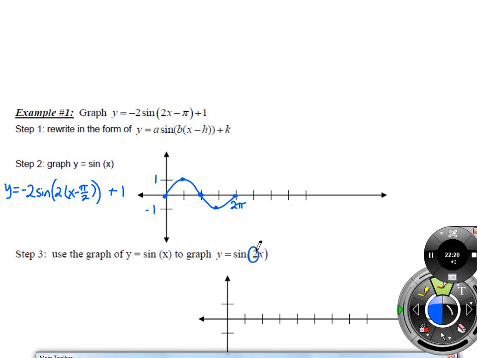How you've done your horizontal stretches and compressions in the past: you take what you normally know to be the length that it takes to complete the cycle, you multiply it by the factor of your horizontal stretch or compression, and you end up with the new length to complete the cycle. So since it's horizontal, you just take the reciprocal of whatever. Correct. So instead of me physically redrawing my graph so that this point at 2 pi ends up at